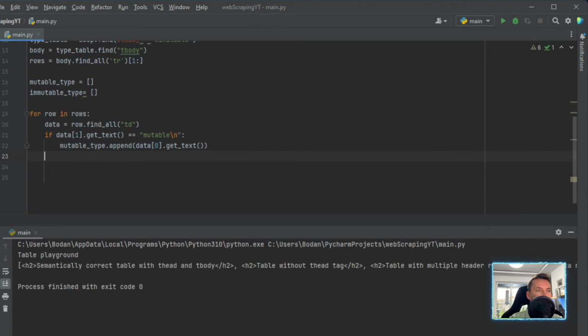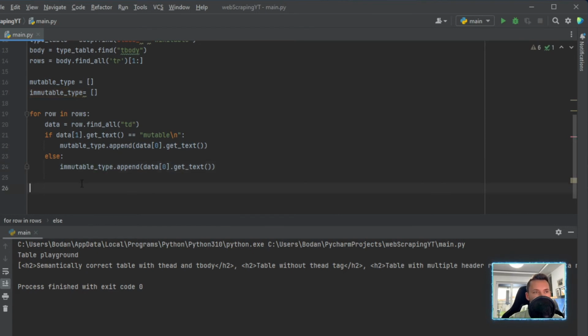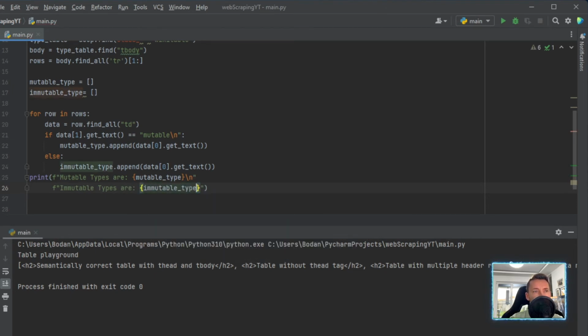format. So otherwise, if this is not equal to mutable, we can just easily go and get the same thing, but in this case we will go with immutable type, because we want to actually store that in the immutable type, because it's definitely not equal to mutable. So let's see if I try to print everything now. Let's create an f string, and let's say the mutable types are and then mutable type. Let's go with a new line here, and then the immutable types are, and let's pass the immutable type